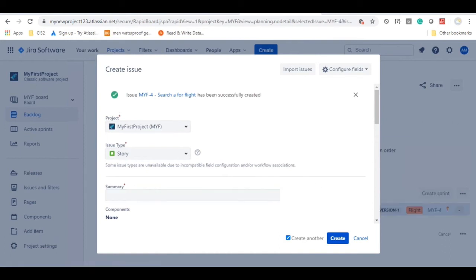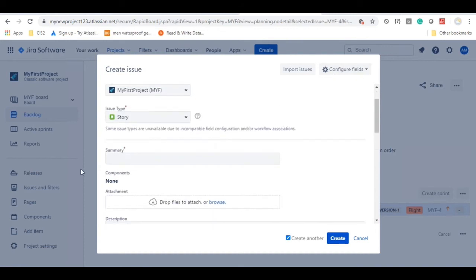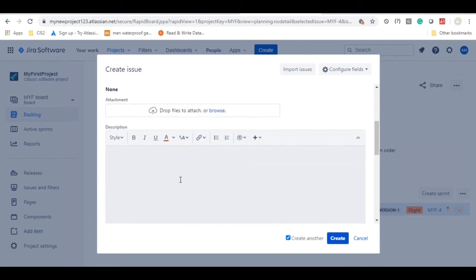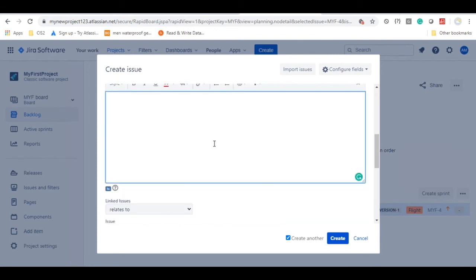I will create one more user story, and then I will accept your questions. I will answer your questions if you have any. Summary: book a flight. If you have some attachments, you can attach them, or you can give some description.